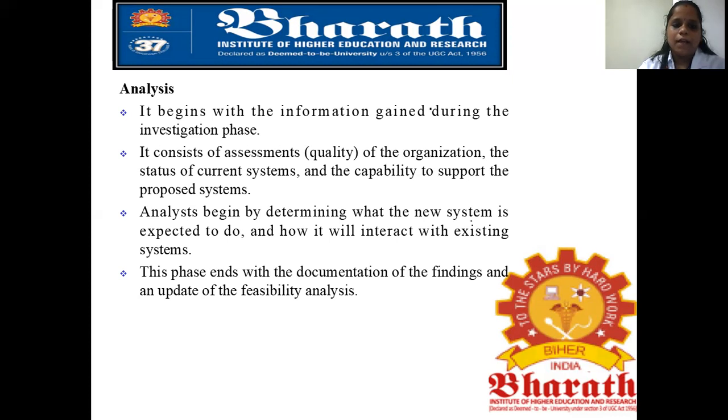So there are analysts who begin by determining what the new system is expected to do. What are the needs of the project? How does it interact with the existing system? What is the problem in the existing system? What is the need for the new system? These are checked by the analyst. So for the analysis phase, there is a set of analysts who analyze the